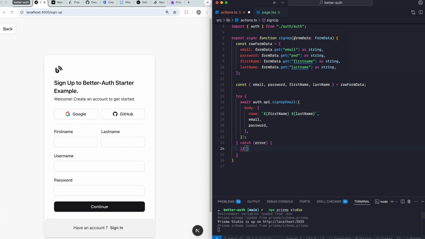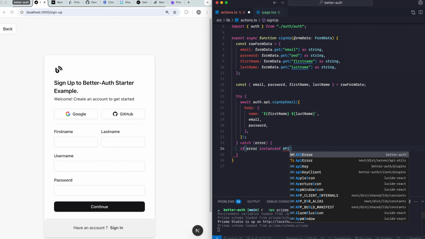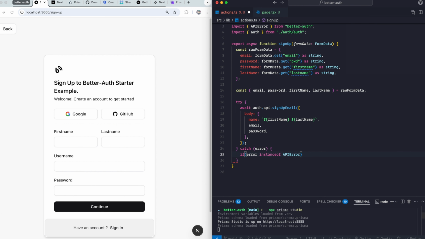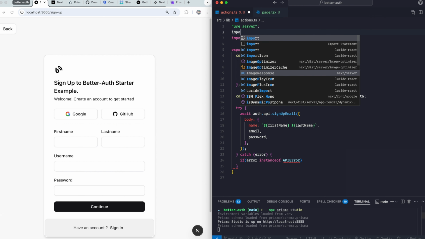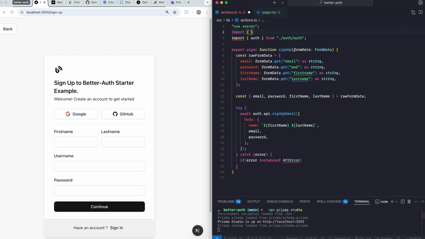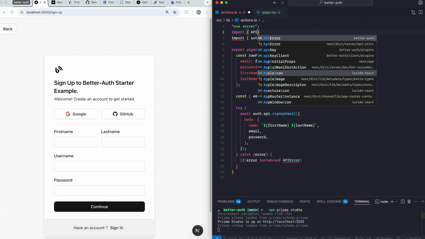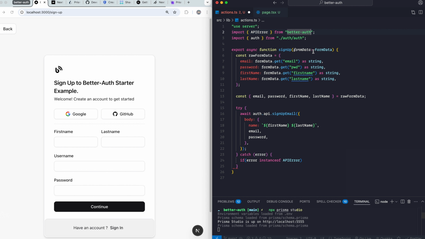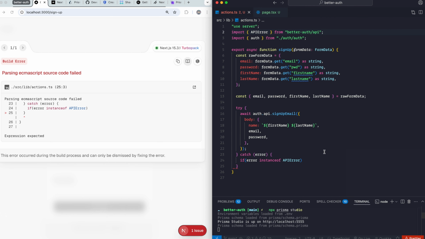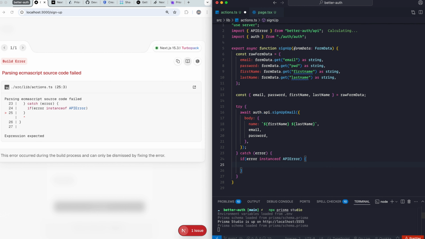I'm going to say if error instance of API error, it's going to come from not Better-Auth, but better-auth/api. Okay? And then if the error is an instance of an API error that's thrown by Better-Auth,